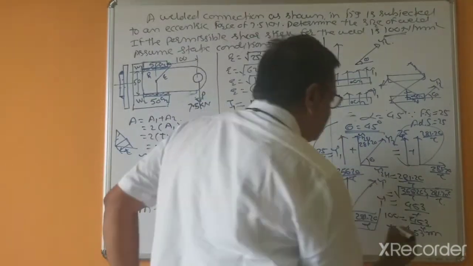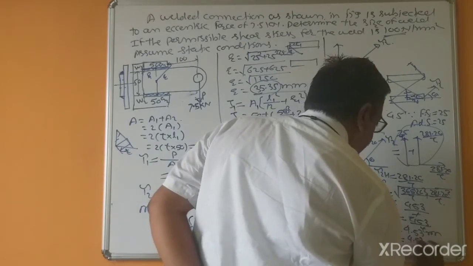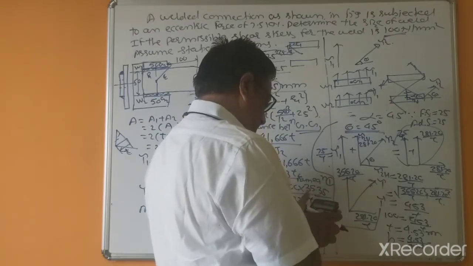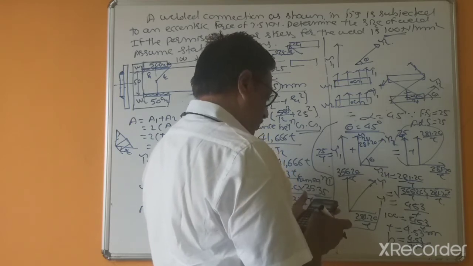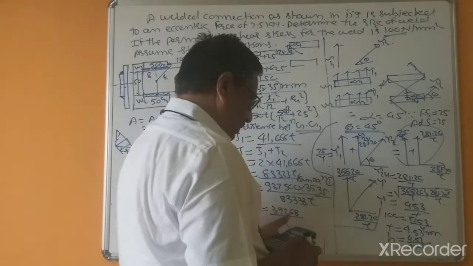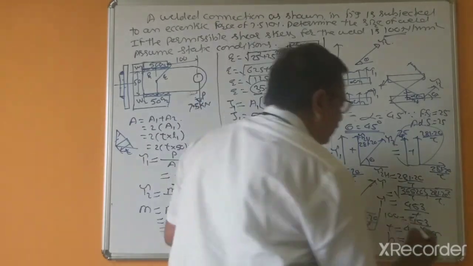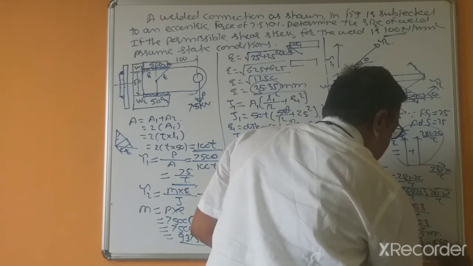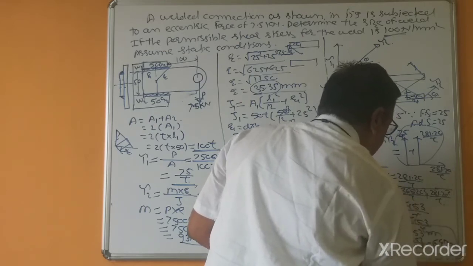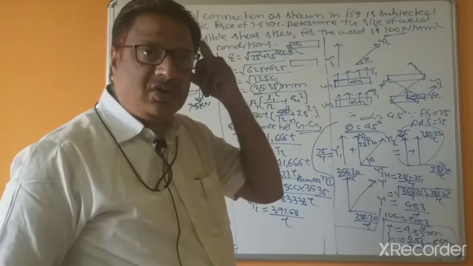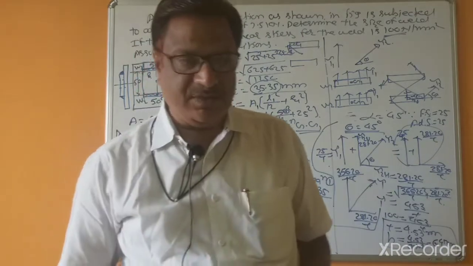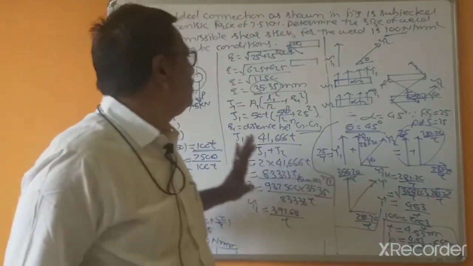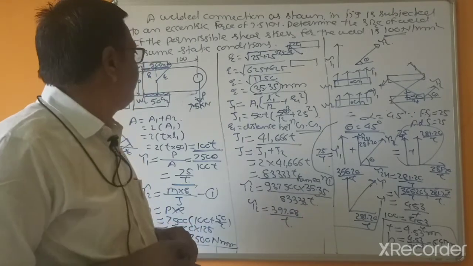the thickness above the plates required, equal to 4.53 divided by 0.707, which is equal to 6.41 mm. This is, calculate both answers. T is the throat and H is the thickness above the plate, that is equivalent to the legs H. This is the complete solution for the eccentric loads.